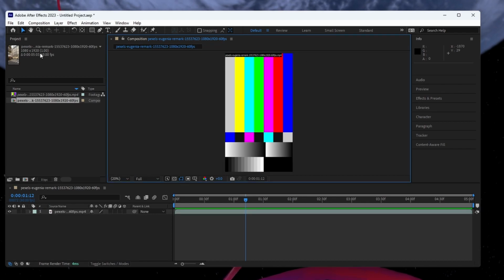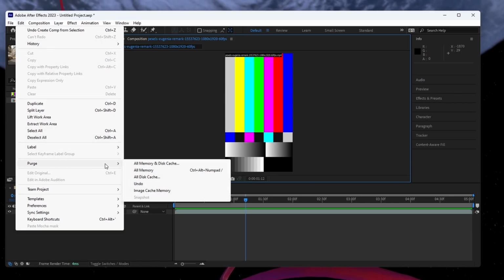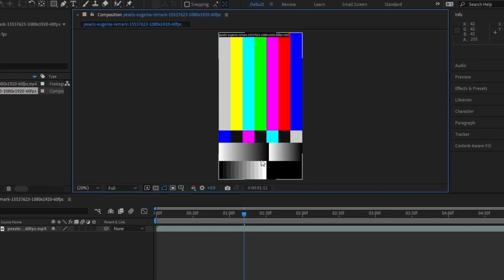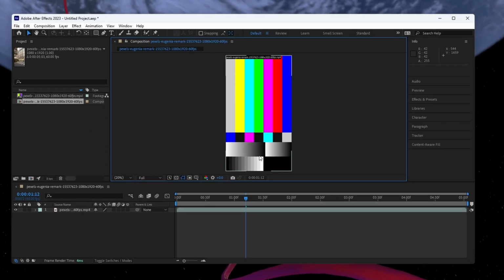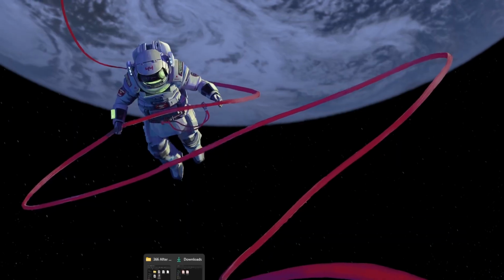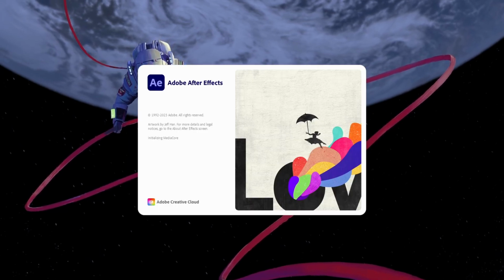Next, you'll want to clear your cache in After Effects to ensure there are no lingering issues. Go to Edit, Purge, All Memory and Disk Cache. After Effects will prompt you to confirm that you want to delete all cache files. Click OK to proceed. Now that you've disabled hardware acceleration and cleared your cache, it's time to restart After Effects